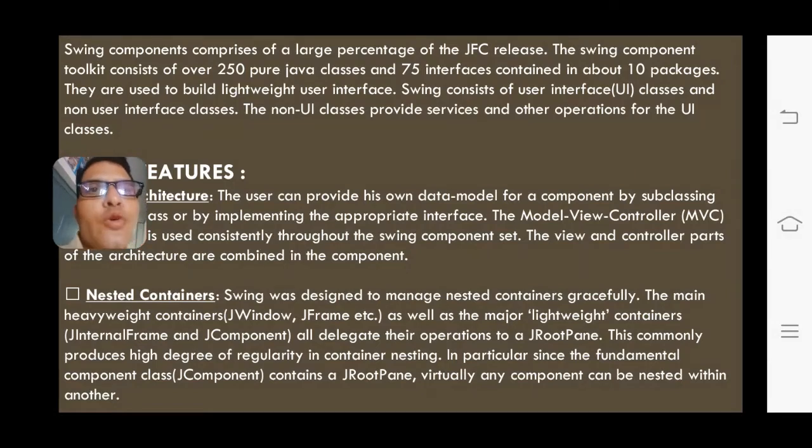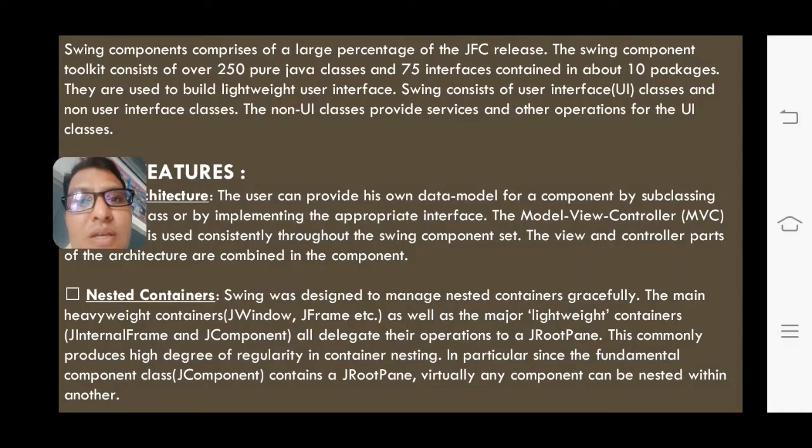They can be used to build lightweight user interfaces. By using these component classes, you can build lightweight user interfaces. Swing consists of user interface classes, where UI stands for user interface, and non-user interface classes. Please go through here. Here the user interface classes and non-user interface classes exist. The non-user interface classes provide services and other operations for the user interface classes. Please observe what the non-user interface class is.